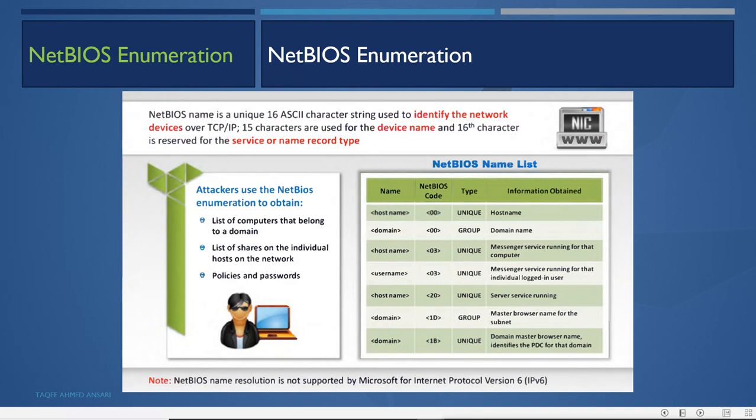Now when the request goes to every machine, all machines will say no, this is not my name, this is not my name. So when they send the error that this is not my name, from the error the attacker machine can guess that these machines are there. When they send the error, actually they are sending their information.